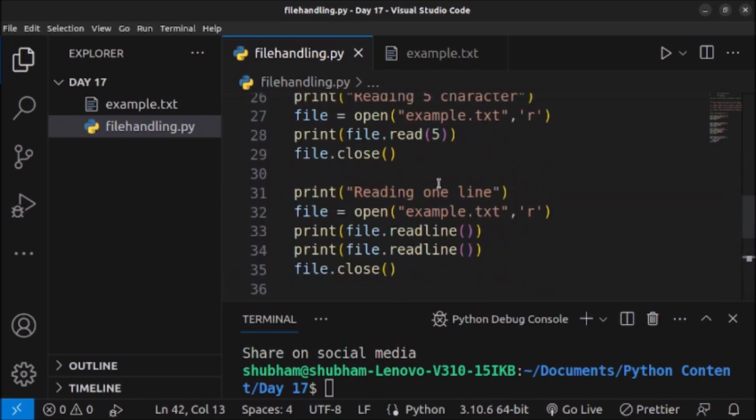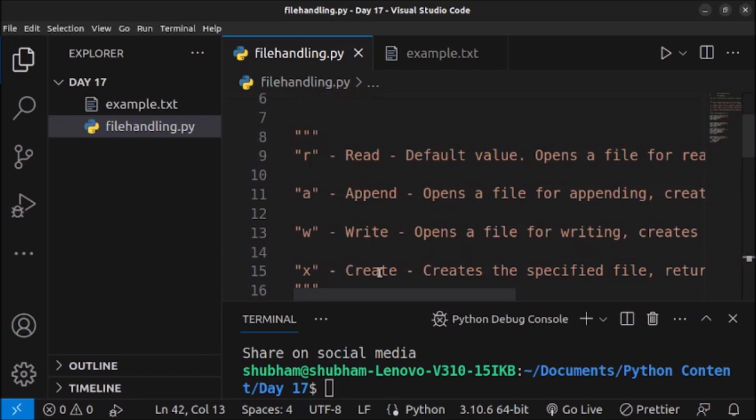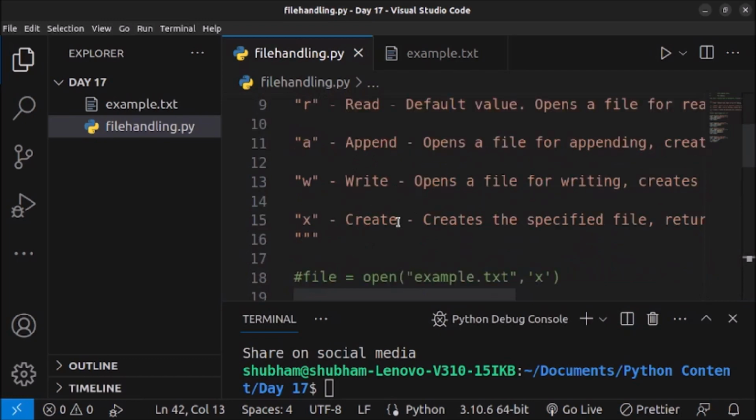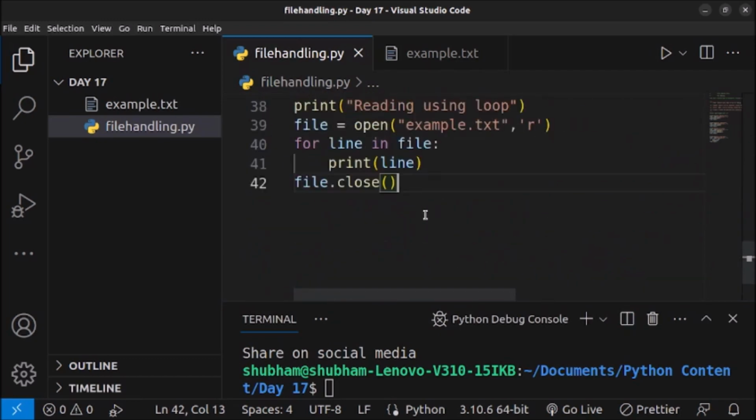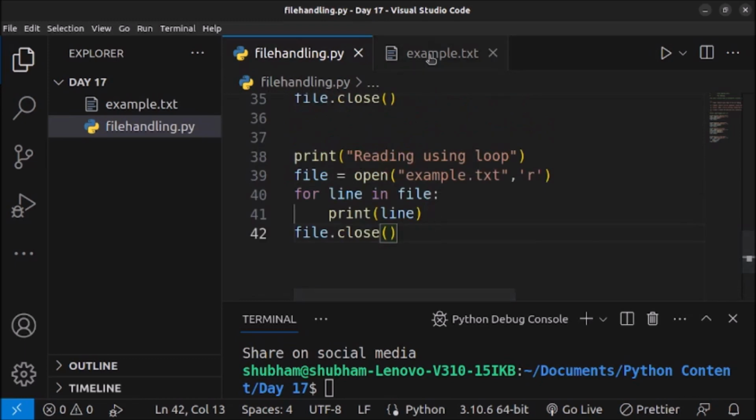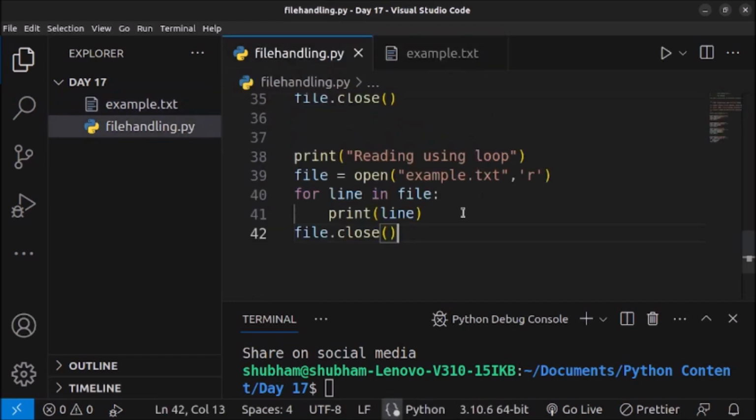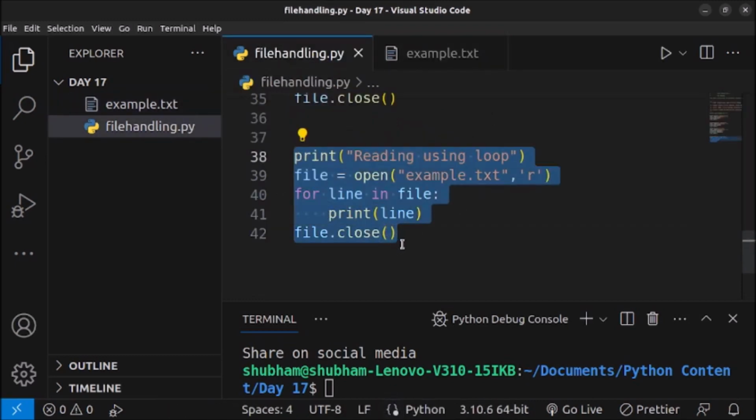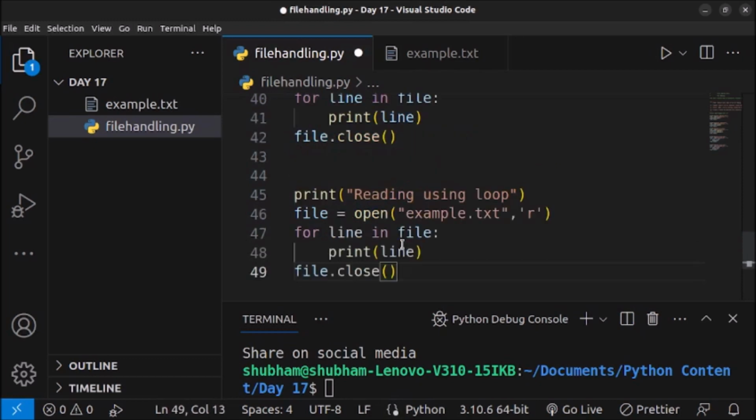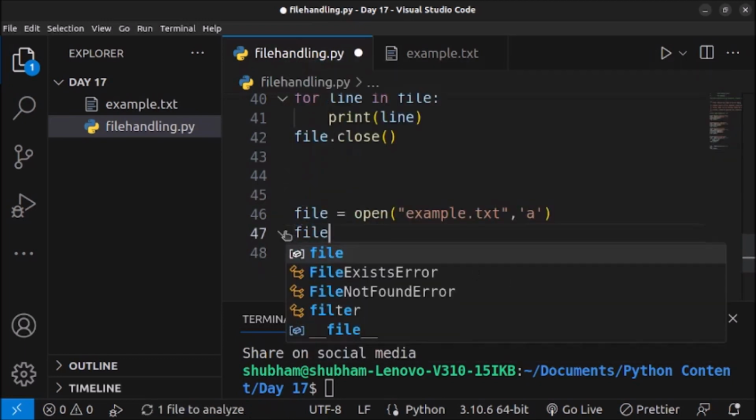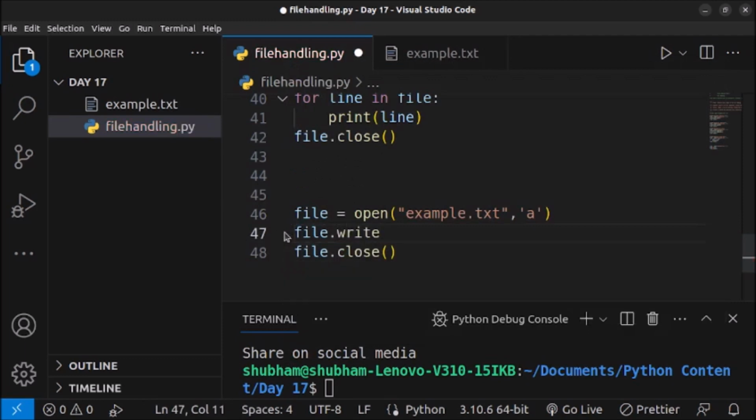Now we have already learned about read and create. Now we will learn about append and write. So first start with append. We want to append some content into the file. As you can see, there are already three lines in this file, and I want to add some more content to it. So I will just copy this code and paste it here, and remove this line and replace the read mode with append. And after doing this, I will use the file.write method, and here I will write